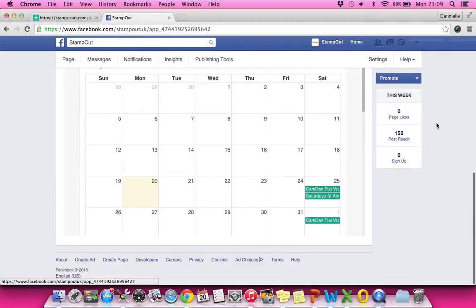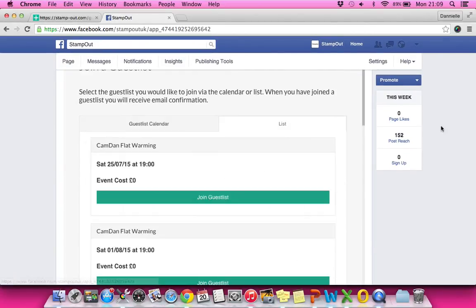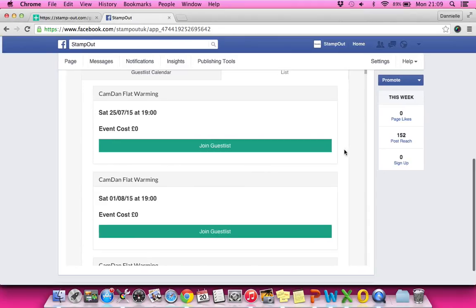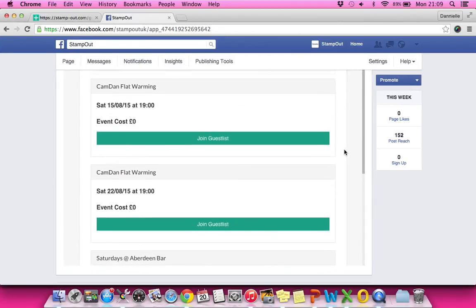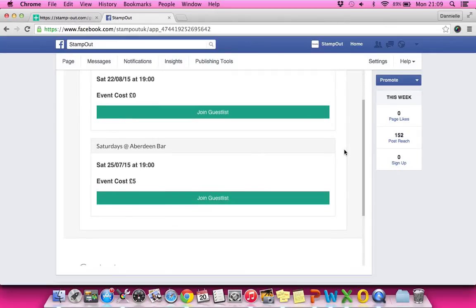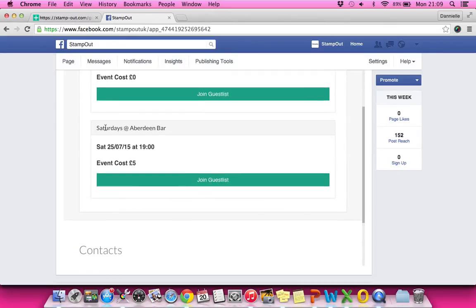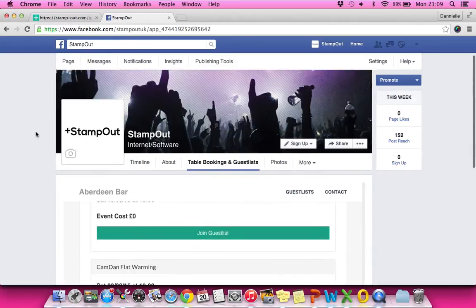You will see that I can now, these are just my flat warming guest lists, sign up for the Aberdeen Bar Saturdays guest list. And as a Facebook user, a person who likes the page, I can do this. Now, what would happen in terms of promoting, instead of saying for guest list text this number, you might say go to our Facebook page and join the guest list through there,